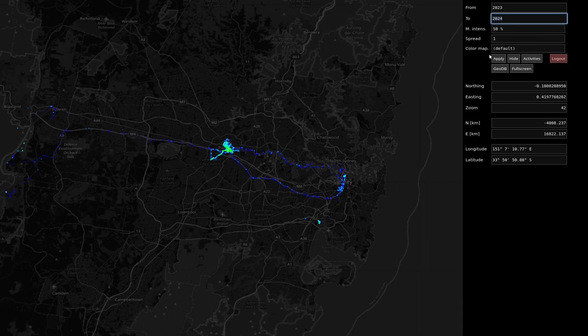And of course, you can also leave one side open, basically. And you can also put year and month. So for example, in 2019, I was there in September.